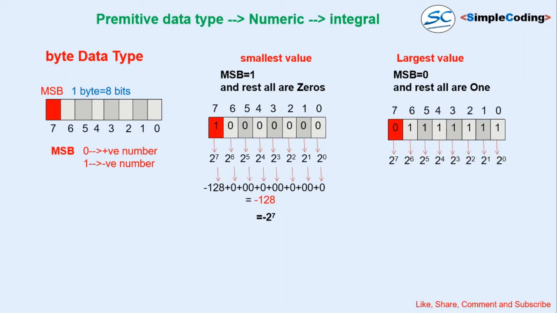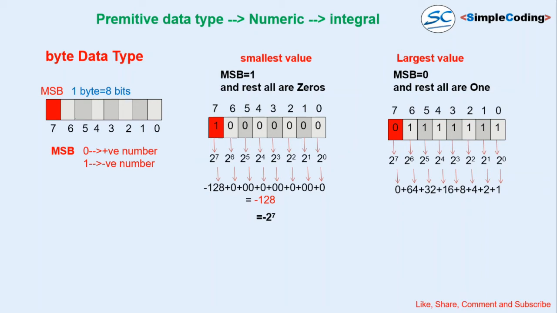Now I have mentioned 0 to 7 position. The 7th position, that is the MSB, is going to be 0 and the rest are all 1. So when we are doing the same thing, 2 raised to 0 is going to be 1, 1 into 1, that is 1. So up to 2 raised to 6, when we multiply with the same number, we will get this value only. So up to 2 raised to 6 into 1, you will get the value. But in case of 2 raised to 7, when you multiply with 0, we will get 0.